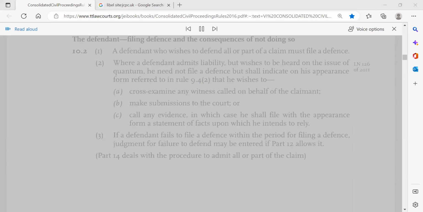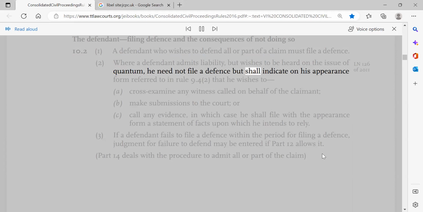The defendant filing defense and the consequences of not doing so. 10.2 1. A defendant who wishes to defend all or part of a claim must file a defense. 2. Where a defendant admits liability but wishes to be heard on the issue of quantum, he need not file